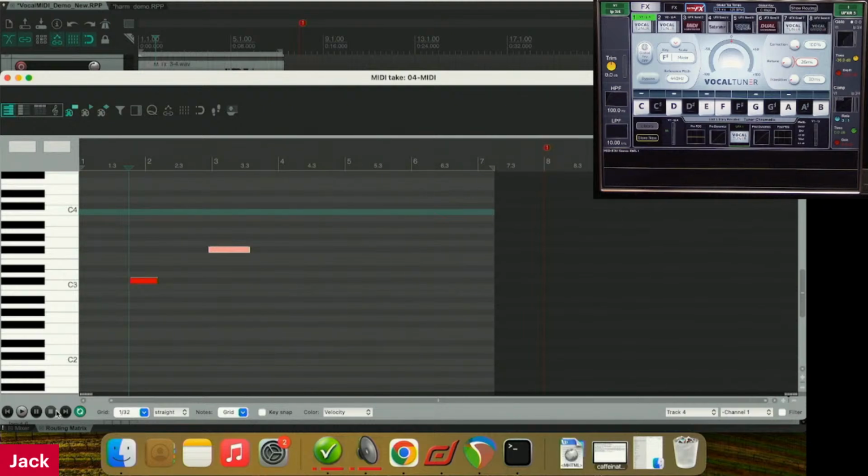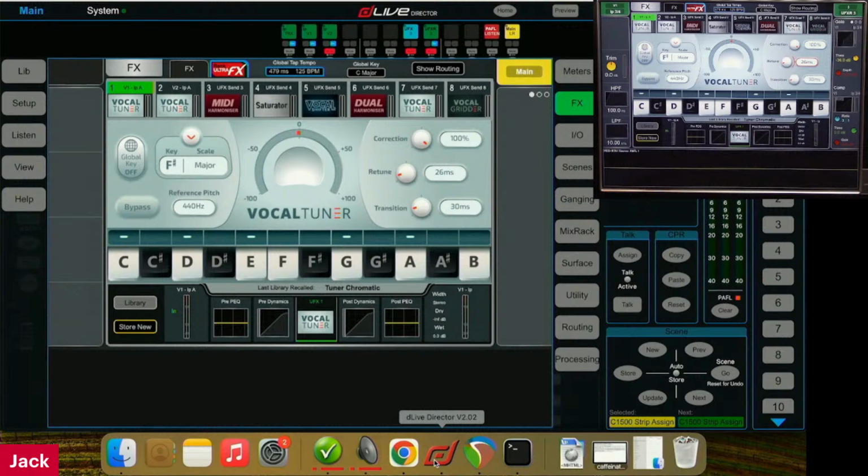Jim says, if you've got several vocalists, can you set up a user-defined key to set the key across all of the tuners at once? So there's a few different ways that we can look at doing this. You can save it in a scene,